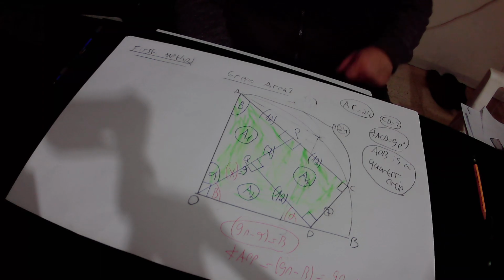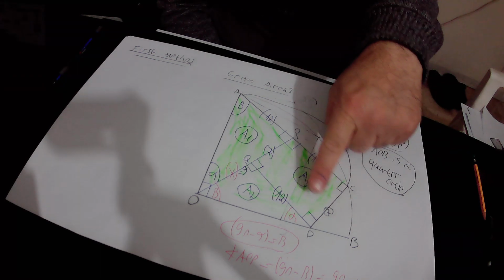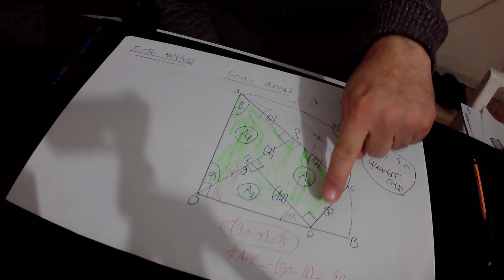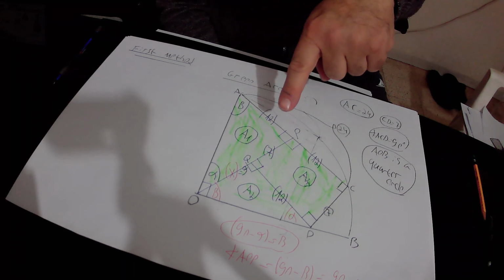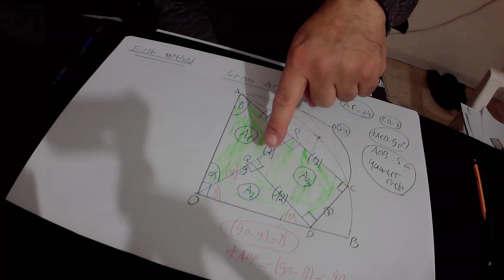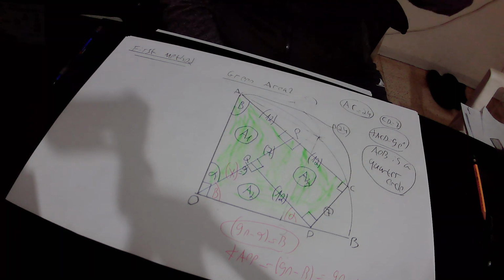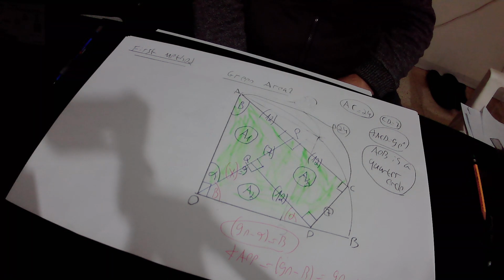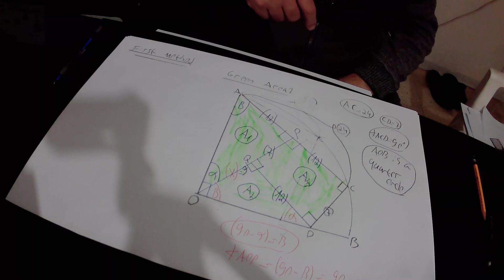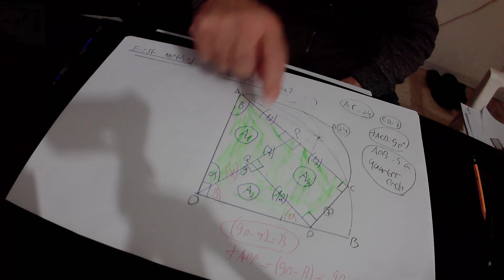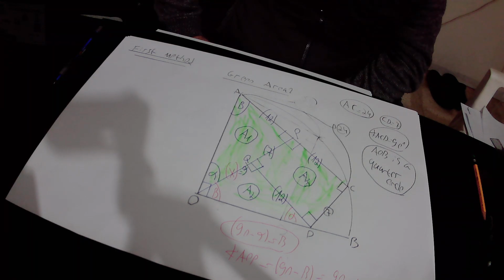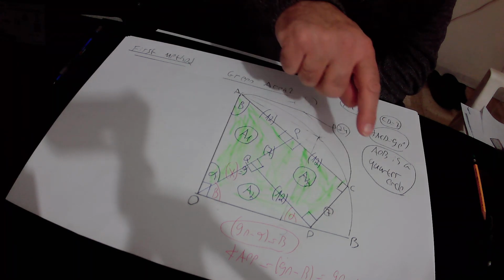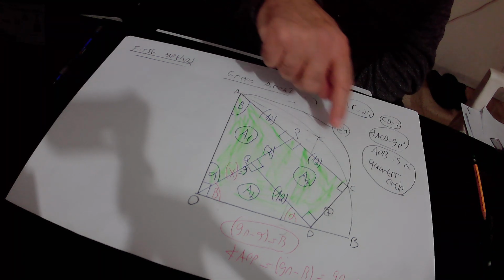In the next step, from point D, we draw a perpendicular on PO. Again, from point D, we draw a perpendicular on PO. That is to say, this angle equals 90 degrees and this angle equals 90 degrees according to our construction. We define the touching point of the perpendicular from point D and PO as Q. Actually, in this way, we created quadrilateral PCQD. Inside this quadrilateral, we have